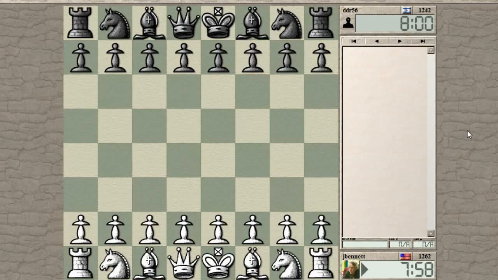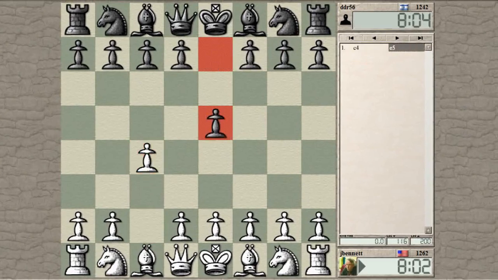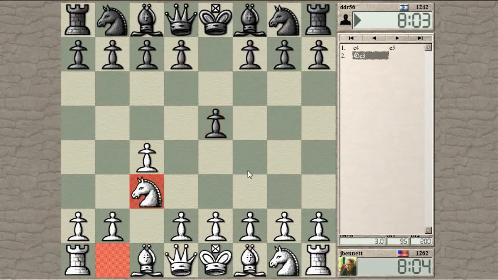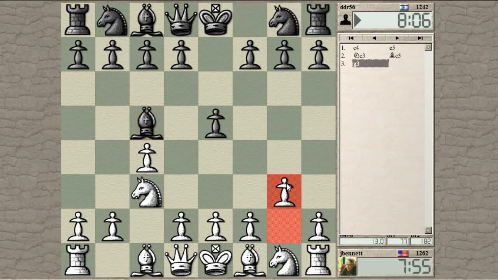Game started. DDR56. Okay, let's start with C4 from Israel. Okay, we got a reverse Sicilian here. And he's going with bishop c5. So, could I continue with my normal plan of g3